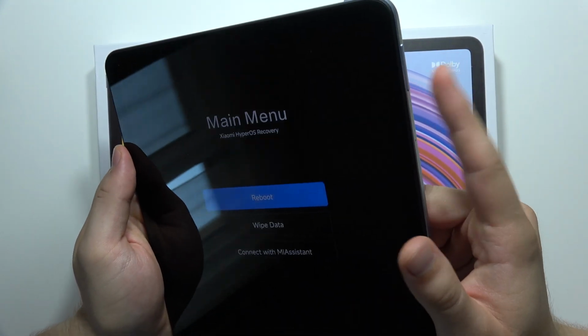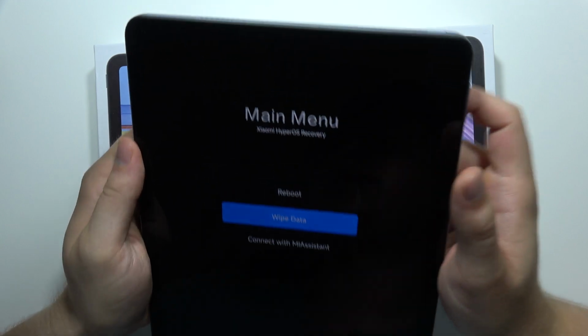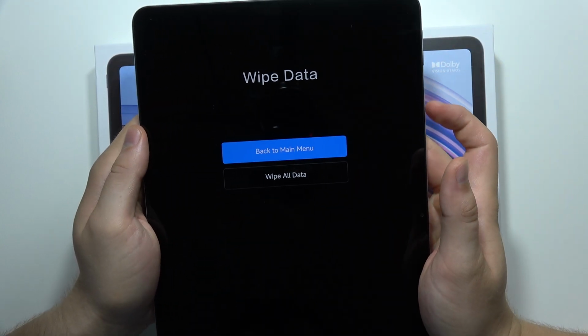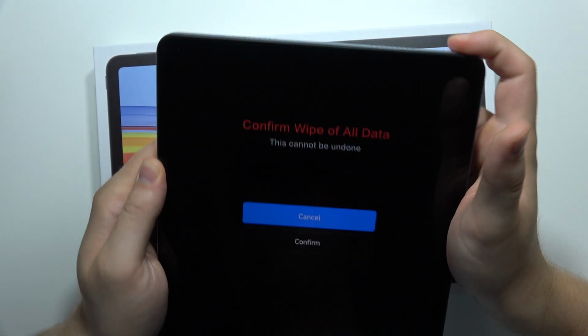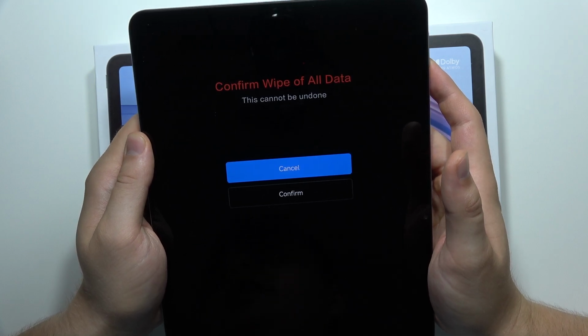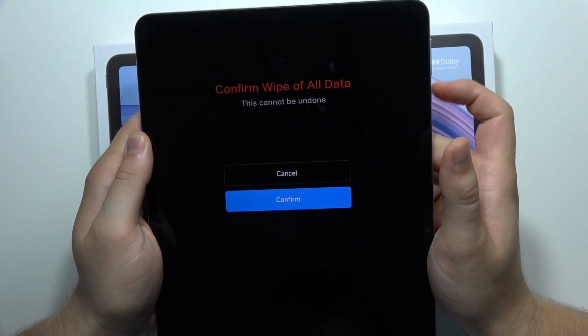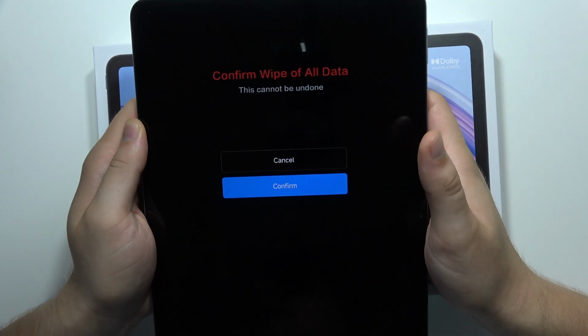Now you will have to scroll with the volume buttons, so go for the wipe data, click on the power button. Now click on the wipe all data and click on the power button. And now all you have to do is just to select confirm, click on this power button, and now you